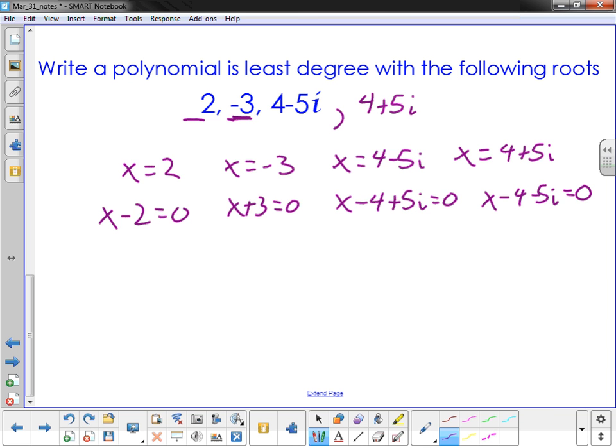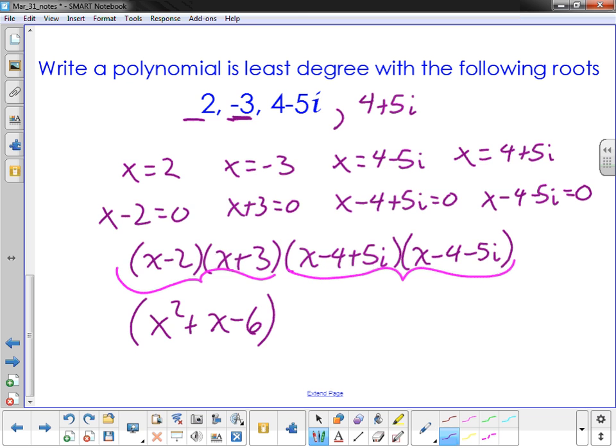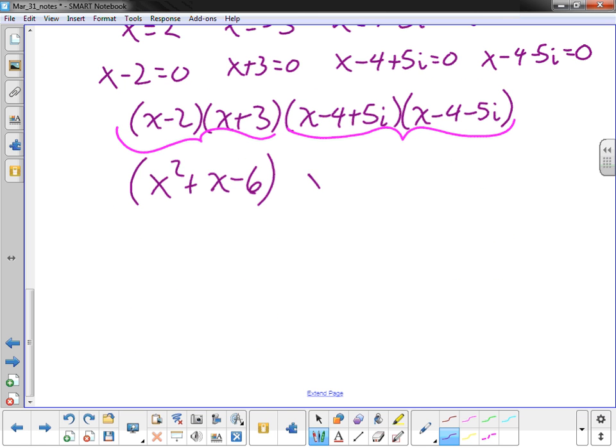Now, I'm going to eliminate the equals 0 part and multiply the rest of them. So the x minus 2 times the x plus 3 times the x minus 4 plus 5i, and the x minus 4 minus 5i. I'm going to take all those and multiply them out. Now, when I multiply these out, I'm going to multiply the imaginary ones together, and I'm going to multiply the non-imaginary ones together through FOIL or whatever method that we need. So when I do that, I'm going to get an x squared plus an x minus a 6 for my real part. For my imaginary part, I'm going to get an x squared